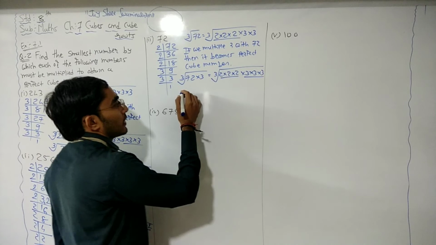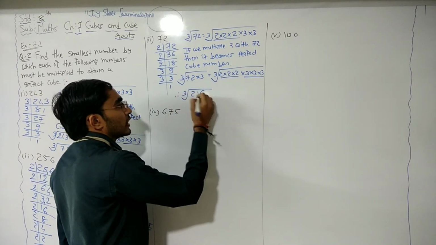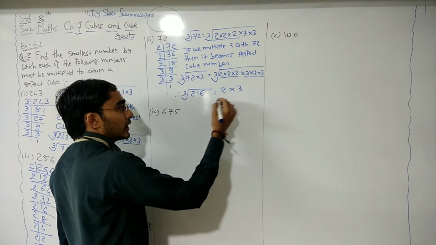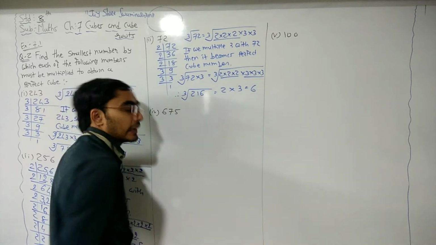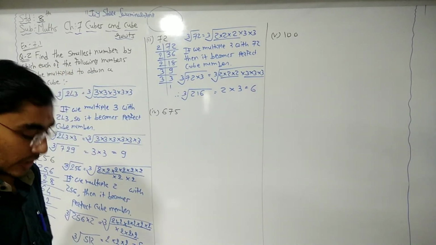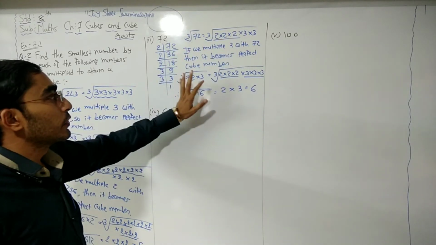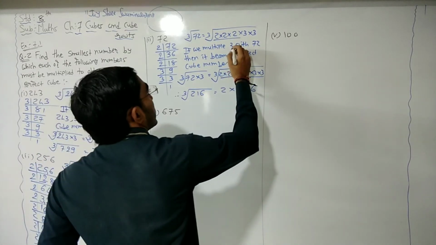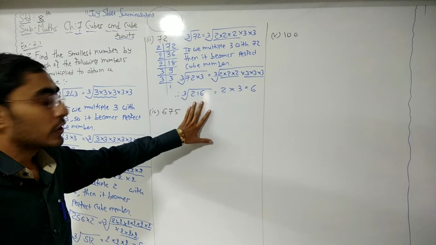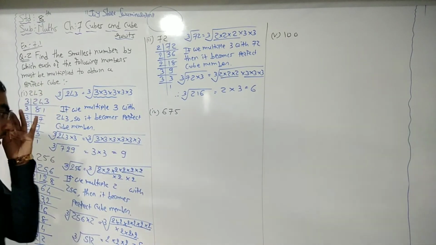Okay, so here 3 2s are 6, 7 3s are 21. Now from first pair 2 and from second pair 3, and 3 2s are 6. Okay, so here if we multiply 72 with 3, then it becomes a perfect cube number. Okay, 72 into 3 is 216, so the cube root of 216 is 6.